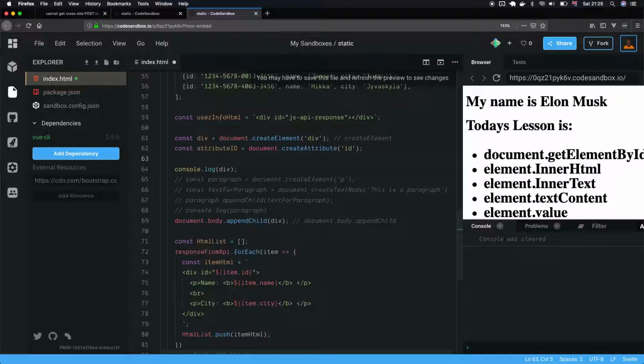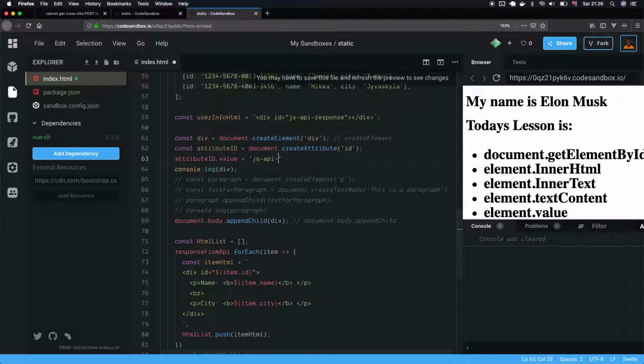Now attribute ID dot value, so basically we want to give the ID a value. Dot value equals, let's call this div JS API